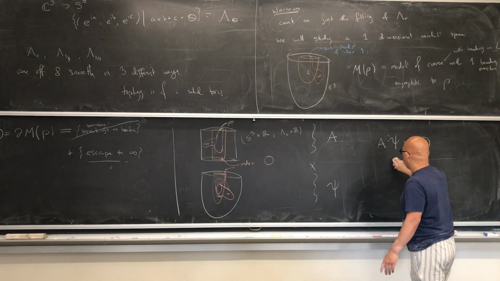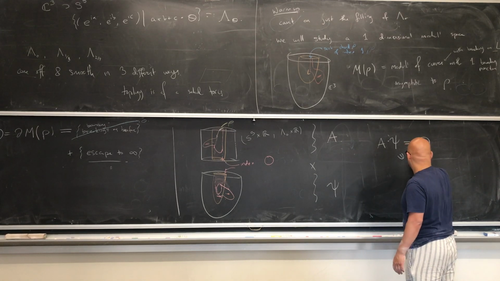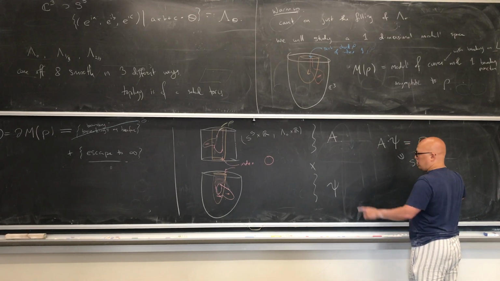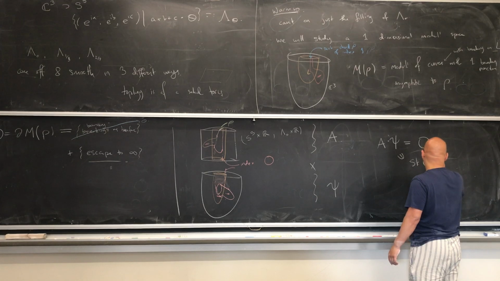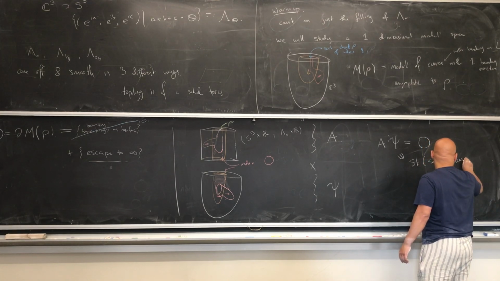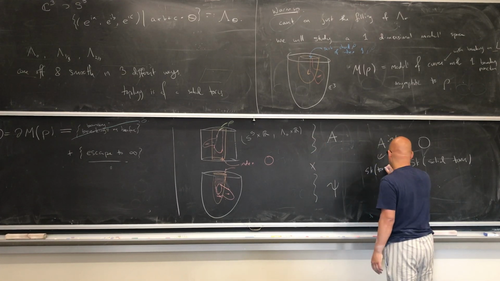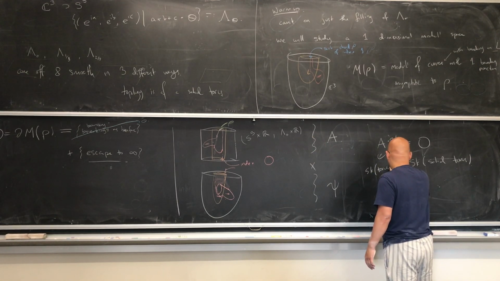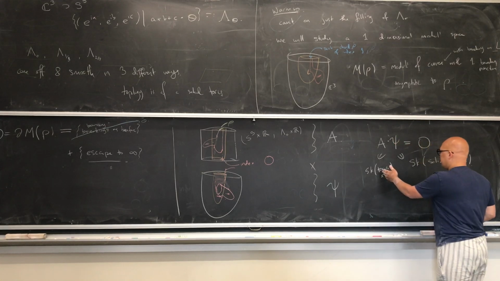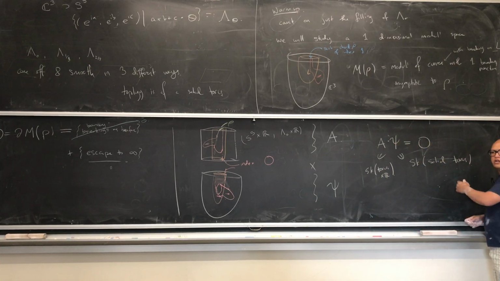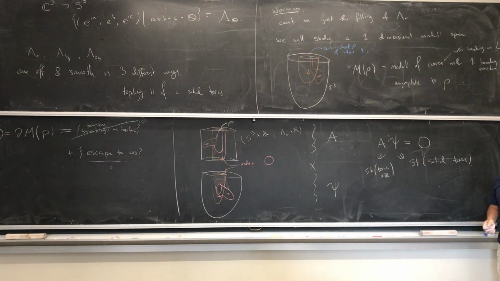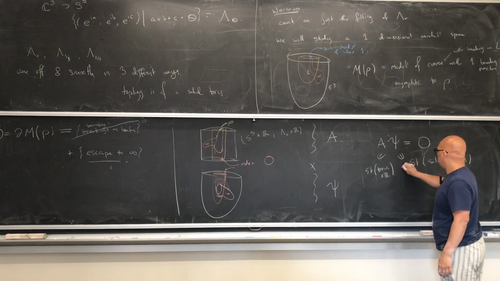And what does this equation mean? This psi lives in the skein of this Lagrangian, which is a solid torus. And this A lives in the skein of this piece here, which is a torus times R. And the skein of the torus times R acts on the skein of the solid torus by sticking it on the outside. Okay, so under this action,